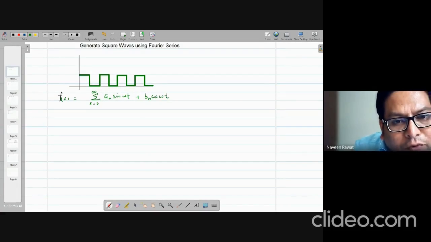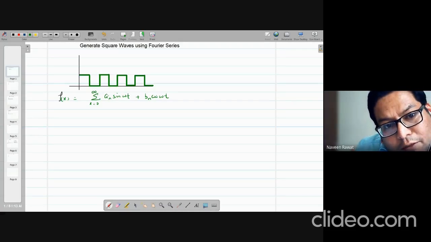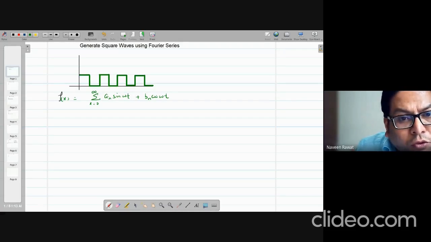Okay, so basically any function in mathematics that you want to generate, you can use a combination of sine series and cosine series, and you need to have the right coefficients, and basically the strength of the coefficients should be proportional the way you want them to be, so that the actual function will be generated. Okay, so we can apply this idea to generate a square wave series.